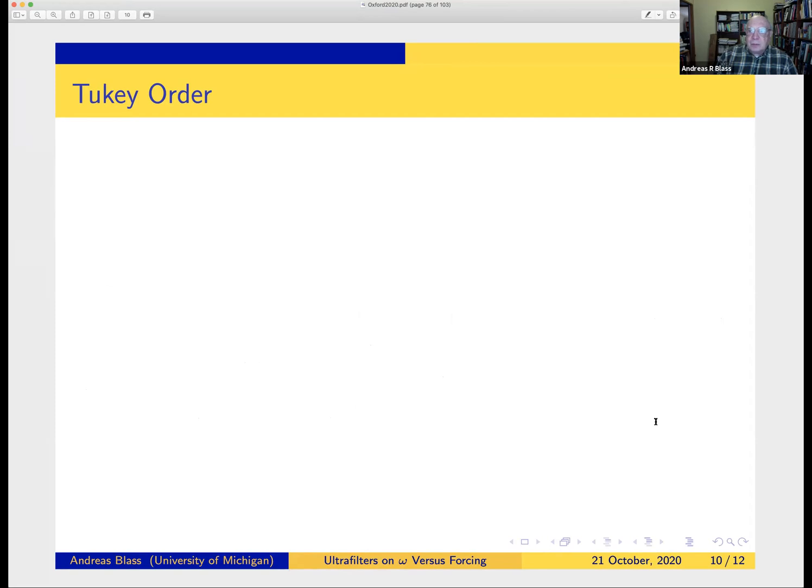Tukey order is defined in considerable generality. I'll give the definition, but the only case I'm going to have to worry about is a very special case having to do with ultrafilters. So if you don't like general definitions, you can ignore this for a while until I hit ultrafilters. The general definition concerns upward directed partially ordered sets. So partial order in which every two elements have an upper bound, not necessarily least upper bound, just some kind of upper bound. Of course, it then follows that every finitely many elements have an upper bound, provided I remember to say that the set should be non-empty, so that the empty set has an upper bound. So for partially ordered sets like that,